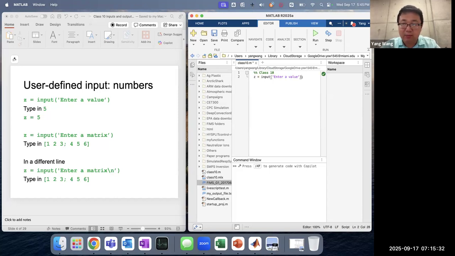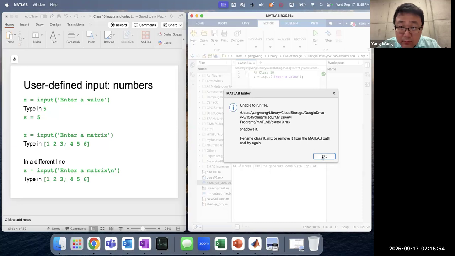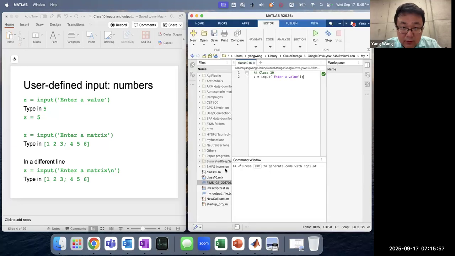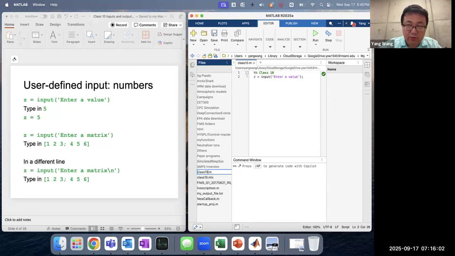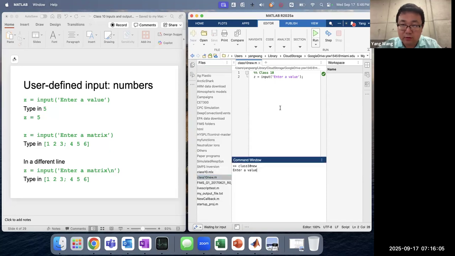So we could actually use any type of prompt. When you use ChatGPT or, let's say, Copilot, there's always a prompt that lets the user input certain values or certain strings. So this is the prompt. And then if you just run this function, we already have a file that's named class 10. Let's name it class 10 new. Okay. So then you can see that basically we're going to see this line here, this prompt here, and